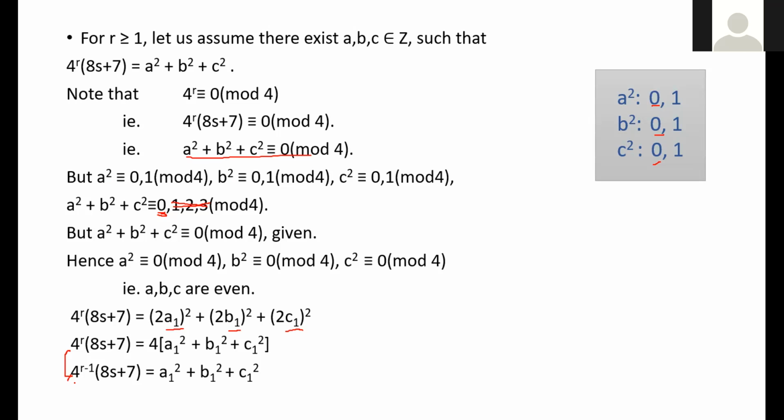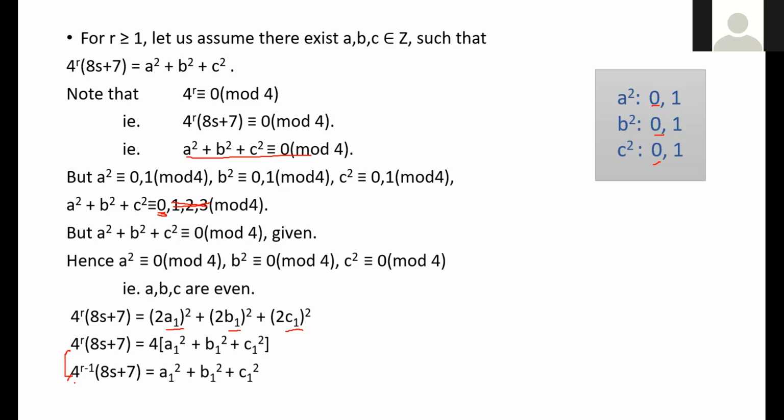Then 8s plus 7 is equal to a1 square plus b1 square plus c1 square, some ak square, plus ar square plus br square plus cr square. Why I am telling r? When it is r minus 1, it is a1, b1, c1. When it is 2, a2, b2, c2. Like that, each time we are writing this, 4 to the r minus r times 8s plus 7 also. Now that contradicts the